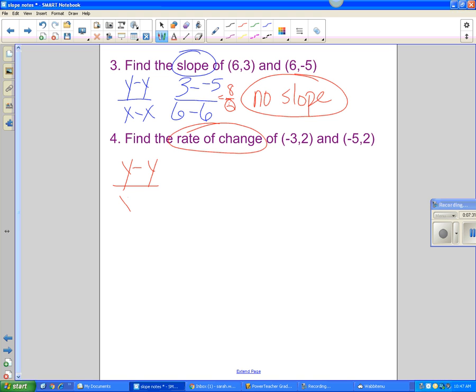Thank you. Y minus y over x minus x. Destiny, what are my 2 y values? Very good. So I do 2 minus 2. Elizabeth, what are my 2 x values? Very good. All right, so guys, when you type this one in the calculator,